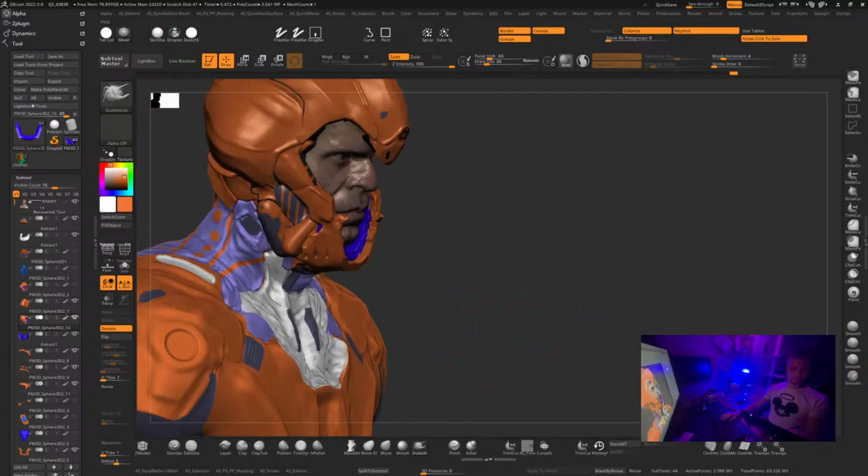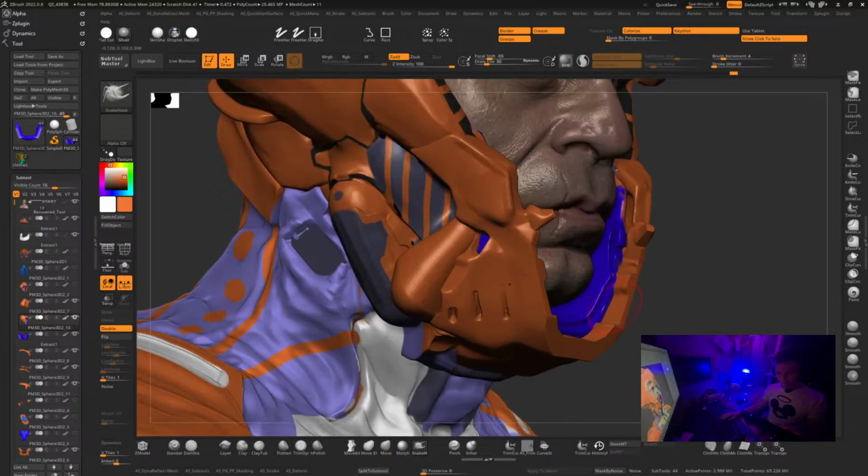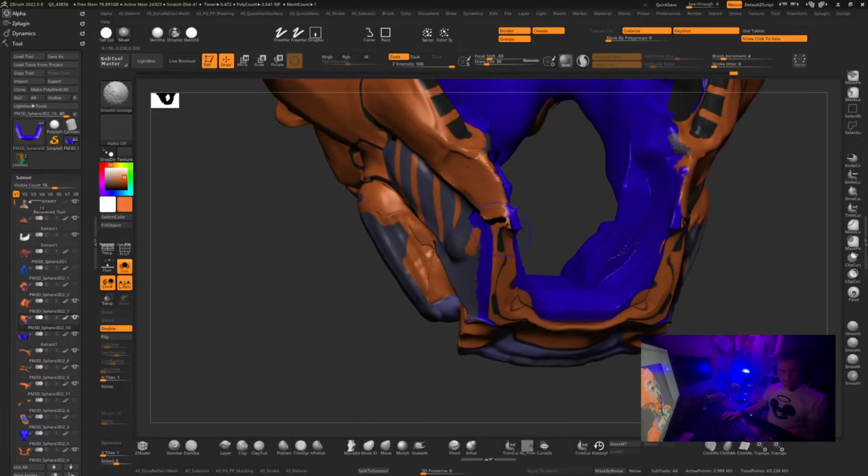So we're gonna end up with a few pieces which is gonna be handy for retopo because we can just sort of hide stuff and